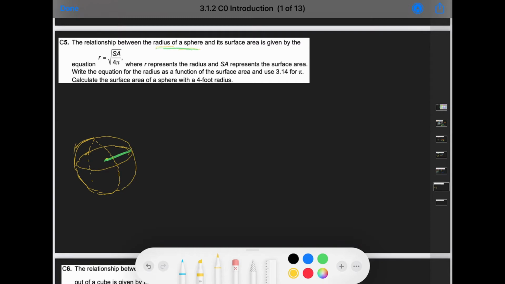But there's in green, and the surface area is given by the equation, let's write that one down, r equals square root of SA over 4 times pi. Okay, so if I went to, let's see what it tells us to do. Write the equation of the radius as a function of the surface area, which we have, and use, okay, so now it says use pi to be 3.14, so let's make that 3.14, and then it's telling you to calculate